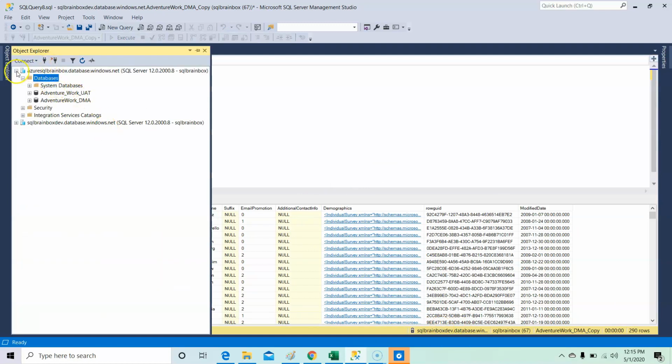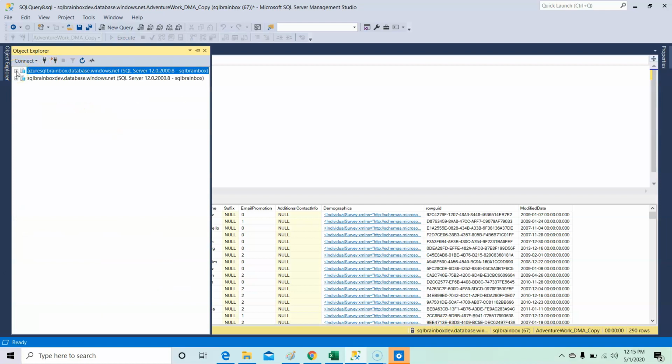Now you can achieve the same functionality using a SQL command. This is my production server. Now I want to create a duplicate copy of the production database.